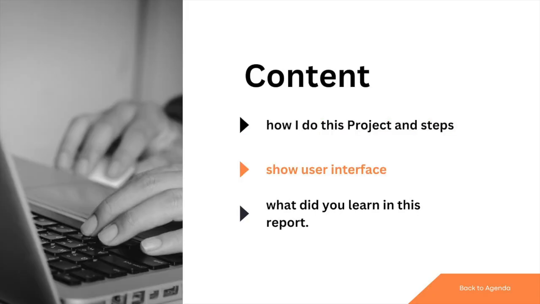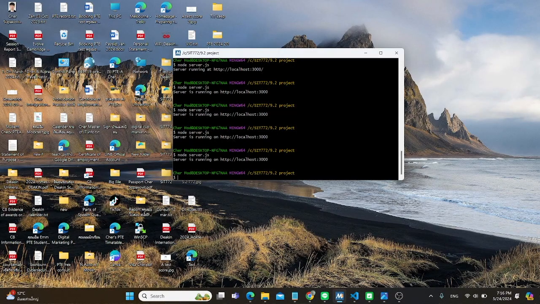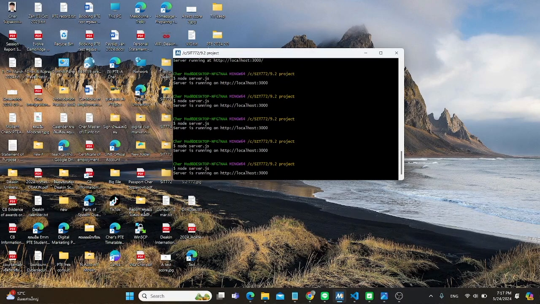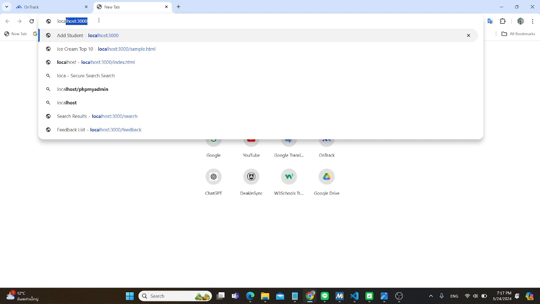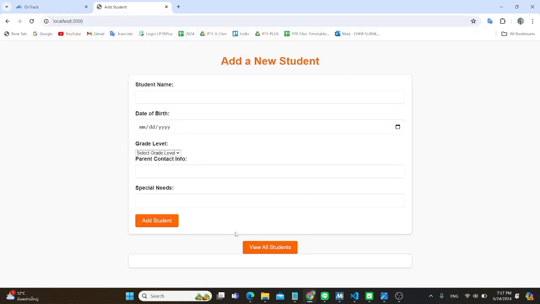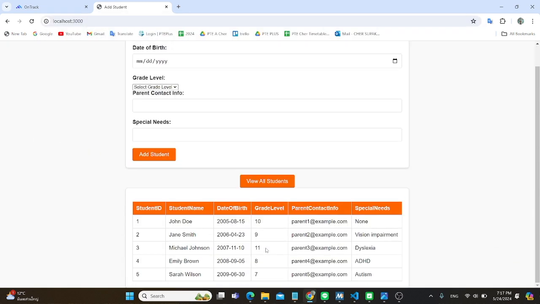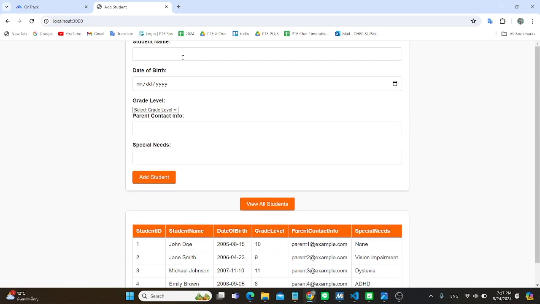Next, we go to see the user interface. Okay, now I will show you how my web server looks. Cool, and next I will bring you to my web server. So let's start with running the terminal, and the server is located there. Okay, next I go to localhost. So first I show you my student information. There's a data table before I put any information. And the next is